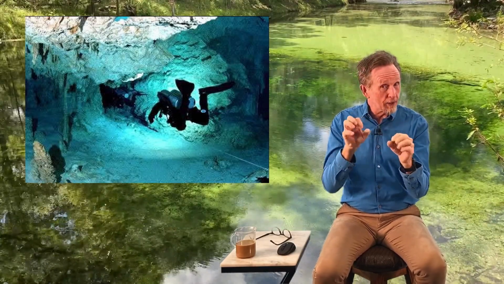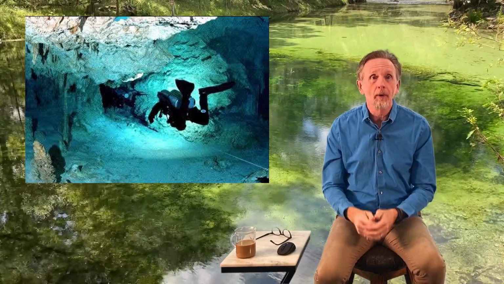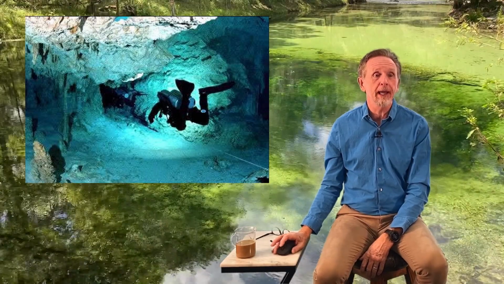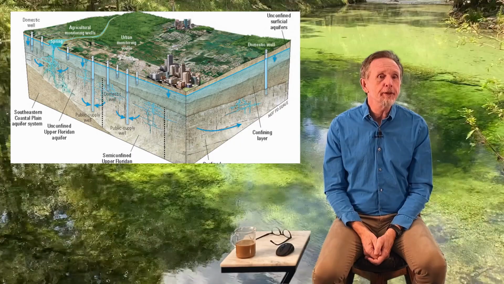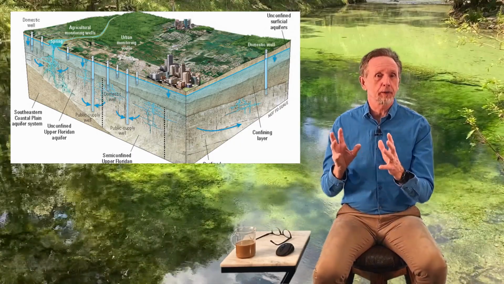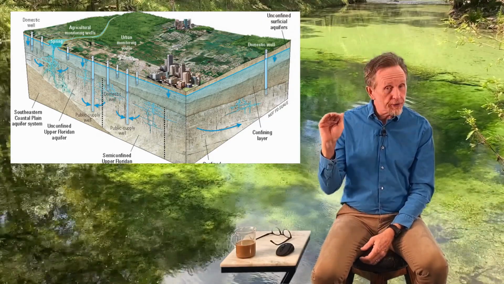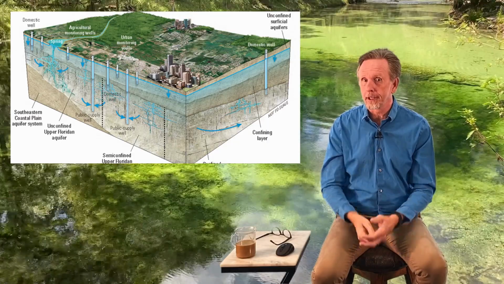Now limestone will have lots of little holes here and there, and the rock itself is sort of permeable, but we'll also get these formations carved out into really big caves that allow us to access water. Looking at the picture here, this is just a generic urban area and a city. Where they're trying to show underneath, you can see that blue is the water table. It's not very deep underground in this particular area.